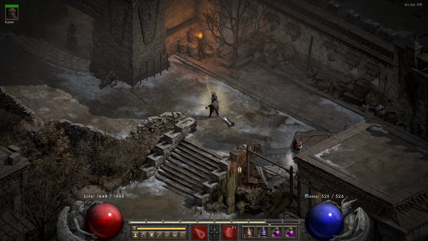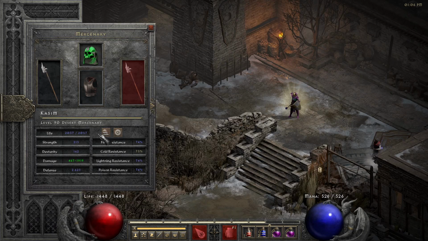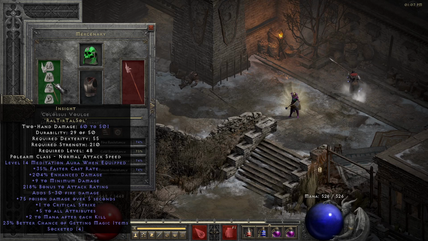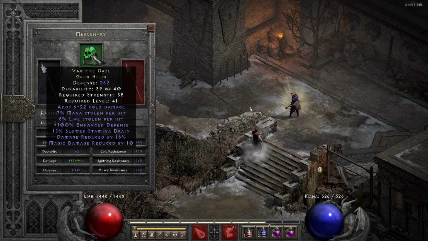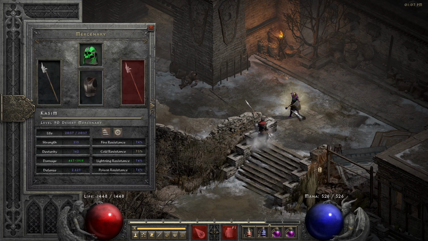So what I have going, just my mercenary, pretty standard. I still haven't found an Eth CV yet, or Eth polearm, an elite base, so in that way he can pump out a little bit more damage. Ethereal Shell, Vampire Gaze here for the lifesteal and damage reduction. Doesn't do too bad, but anyway,